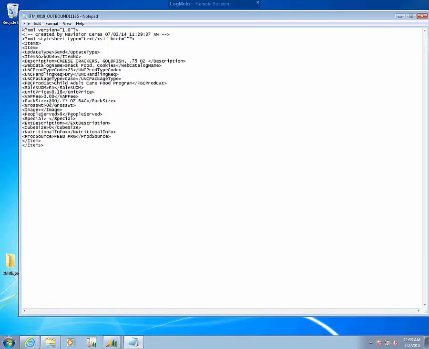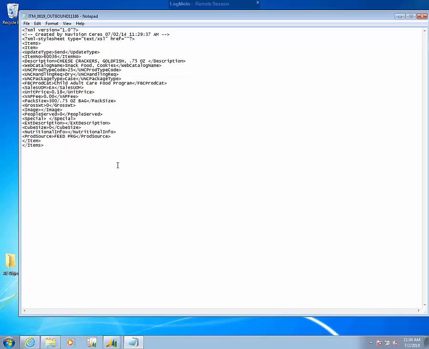So when I was explaining before how you want to make sure that the item has all the values populated, in this case, this item would be a bad item at this point in time because it has a 0 gross weight. We would want to make sure that it has a real gross weight on it, whether it be a pound item, because this is an each item, or whatever the gross weight is for each of this particular snack food, cheese crackers. So what we would want to do is go back to the item, make our correction, and